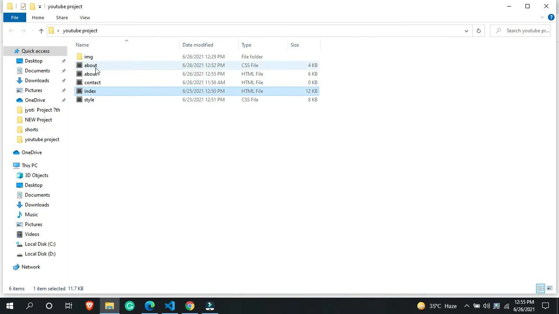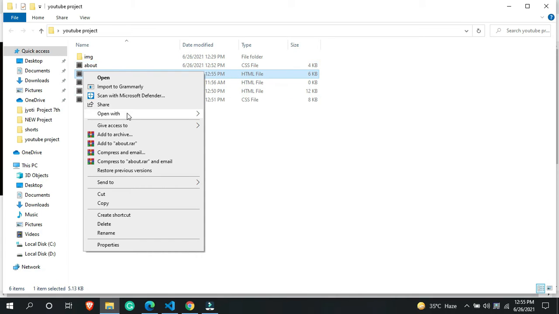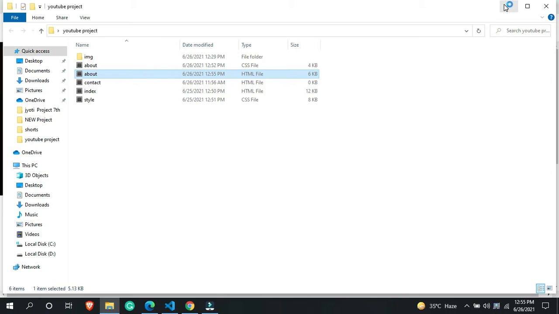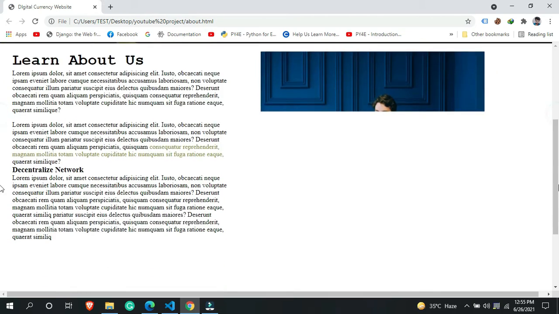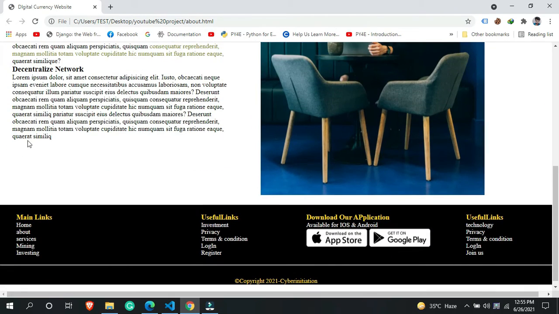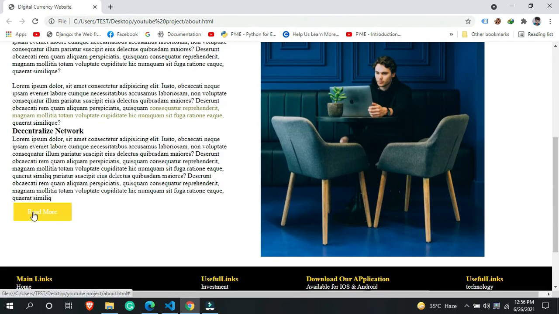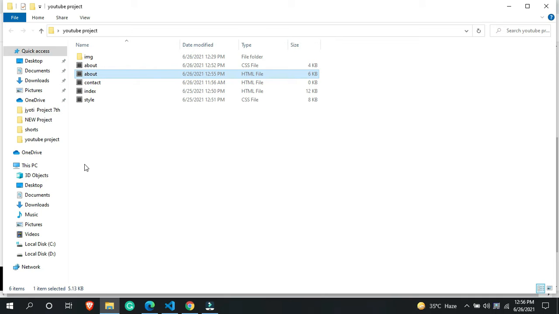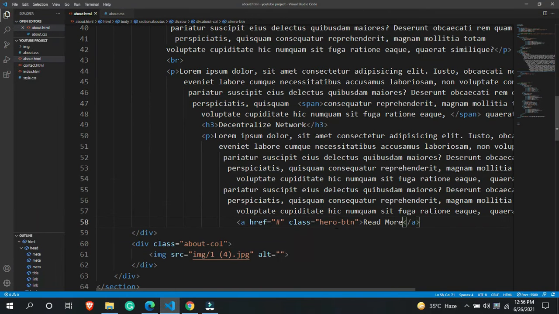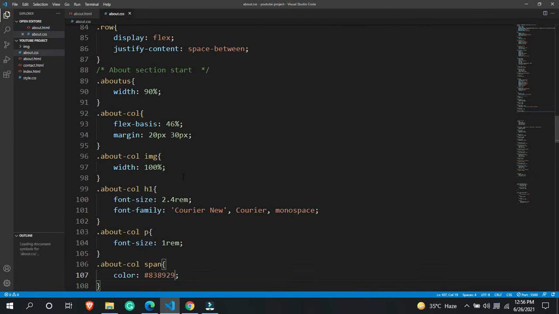Let me open it directly, because this is taking too long and I'm getting frustrated about it. So we are getting this particular thing over here, and here you can see we are getting the button. So basically we need to modify our button as well as all of these things. Let's come up over here and do some modification. Here I wanted to add another class, and that is going to be extended btn, extended button. I'm going to use this class, and I'm going to give it some styling and CSS as well.